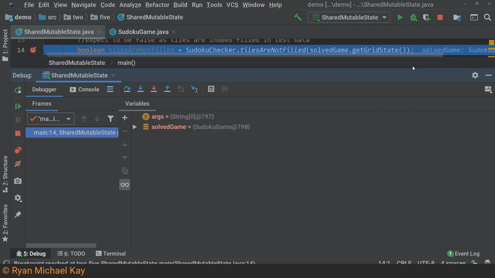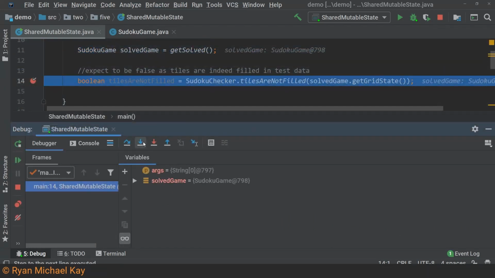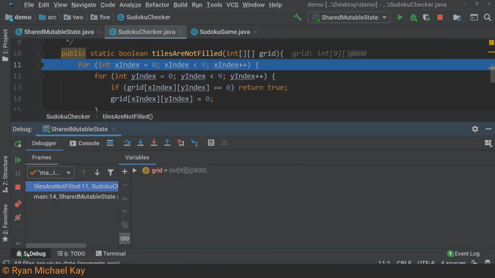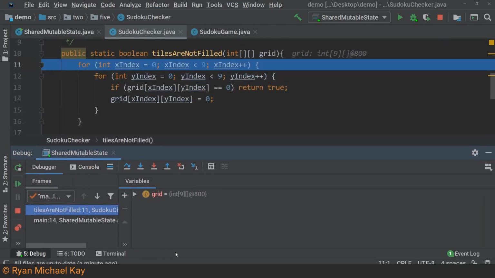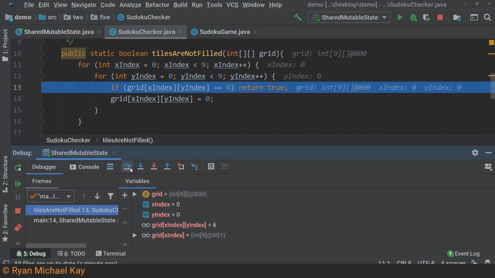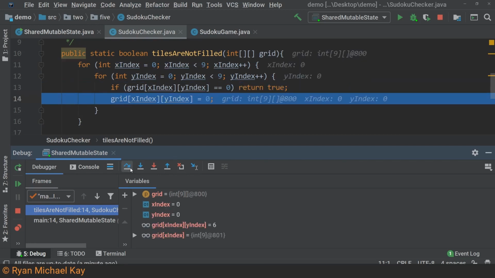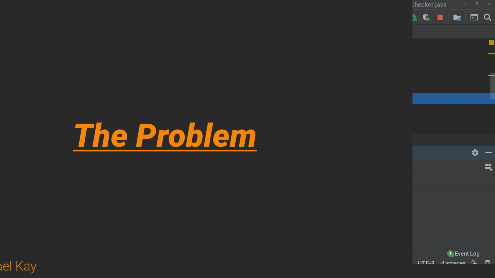You decide to use the debugger's step into function, which will allow you to dive into the code at the call site of a method. You see a normal two-dimensional array traversal, but it also has a line after each check that resets the value to 0. The obvious solution here is to remove the bad line of code in the problem method. However, there is actually a bigger problem with the overall design of our Sudoku game that we need to address.